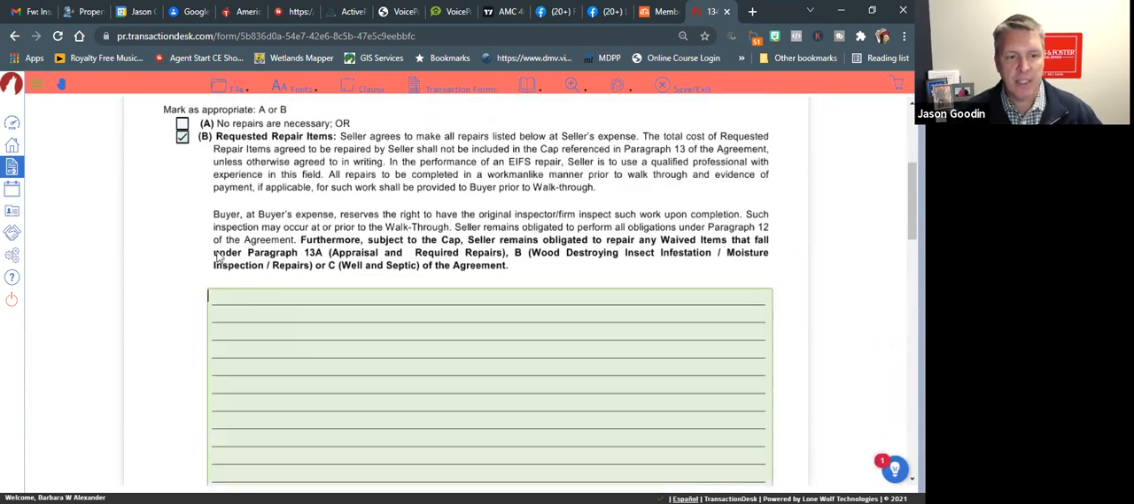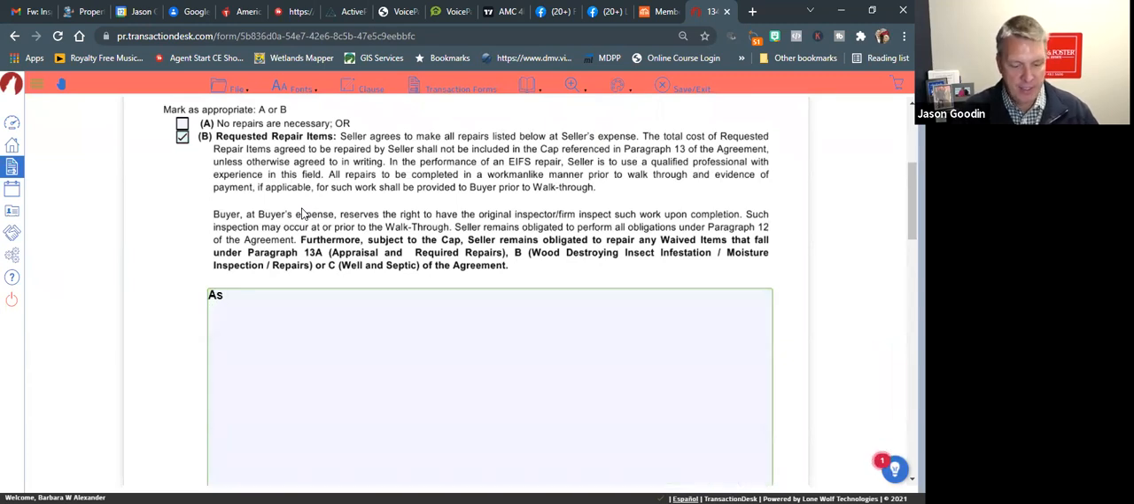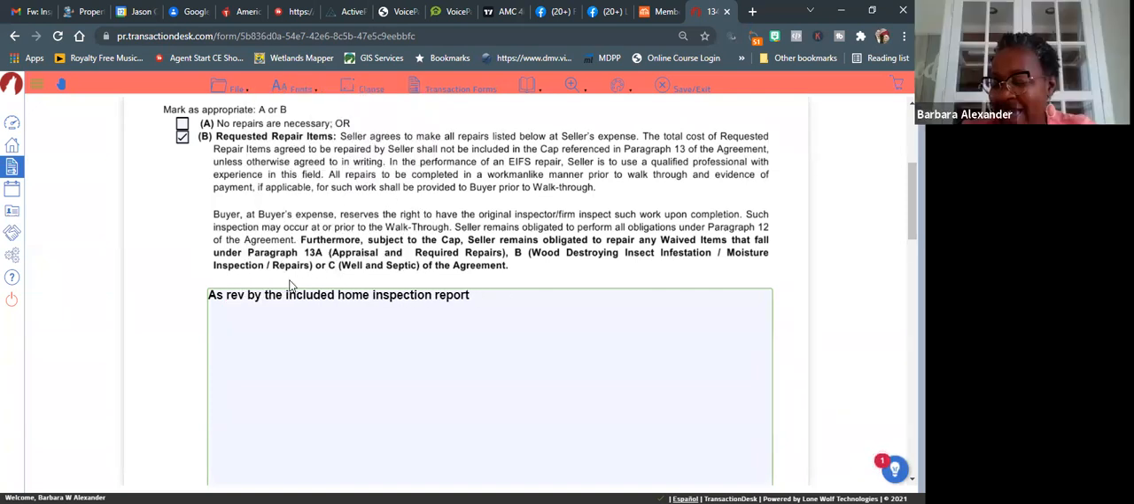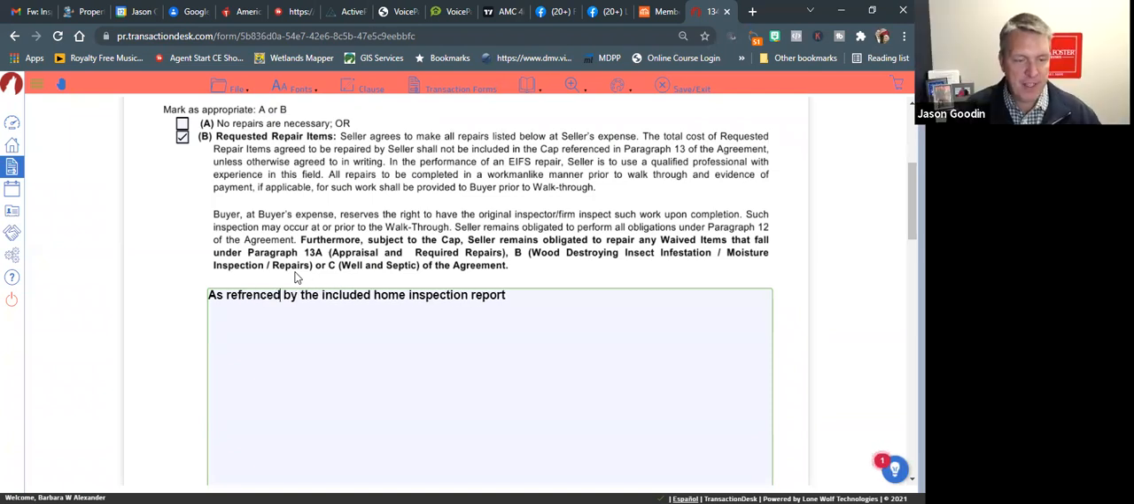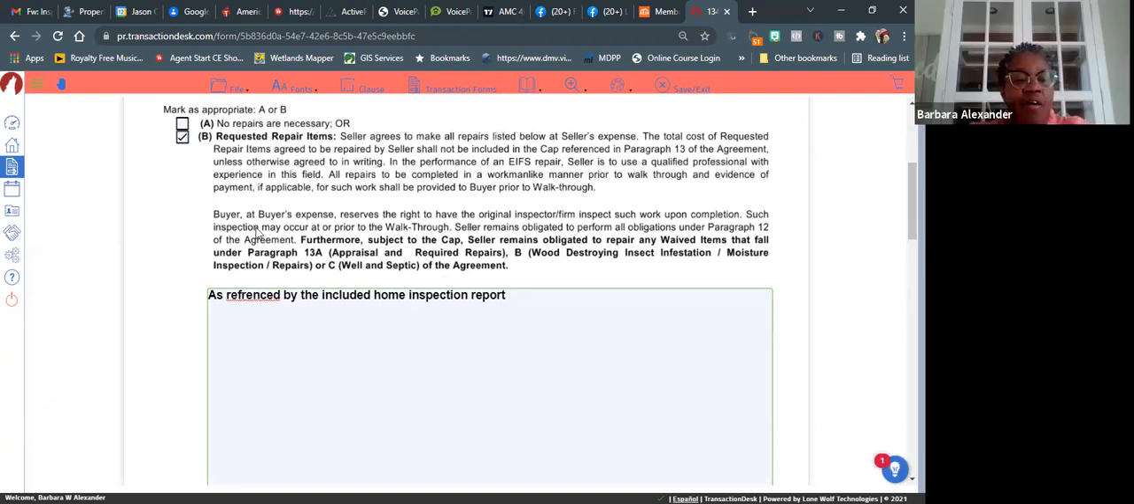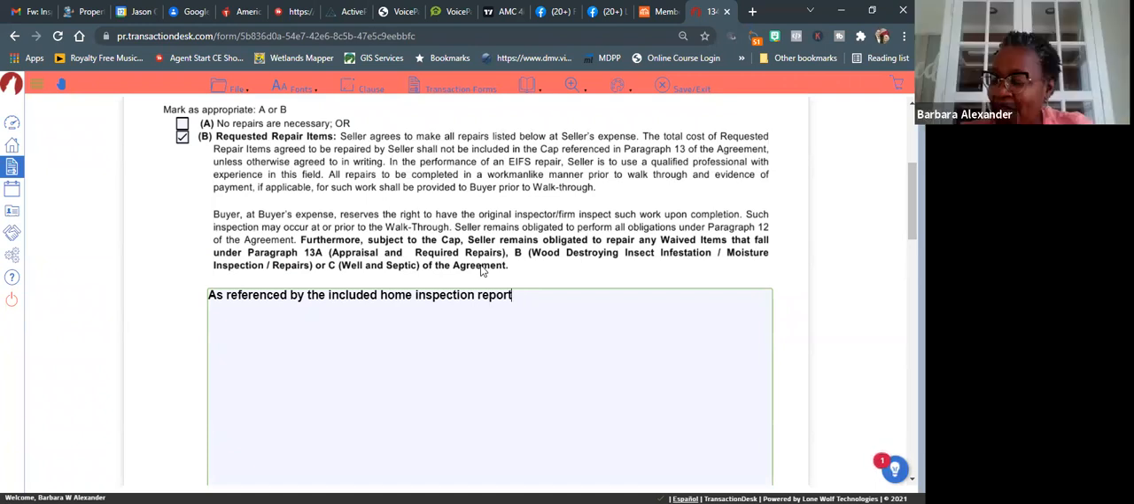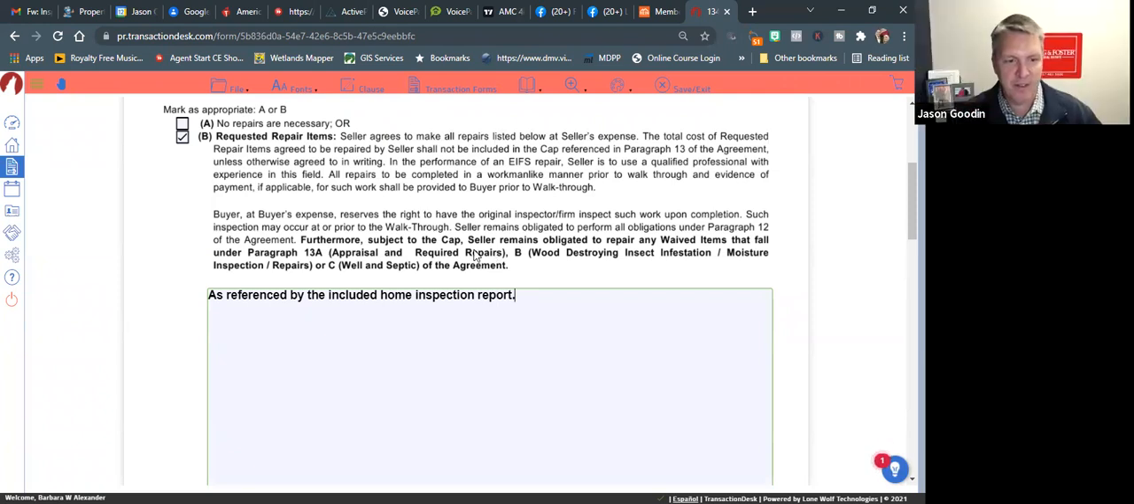All right. What I like to do is write in here, "as referenced by the included home inspection report." And then I'll fix my typo. I can't even fix it right there. Still not right. Yeah, I'm just going to go with that. If it wasn't for those little red squiggly lines, I wouldn't know what was right or wrong. All right, then we're going to drop down a couple of spaces, and we're going to go